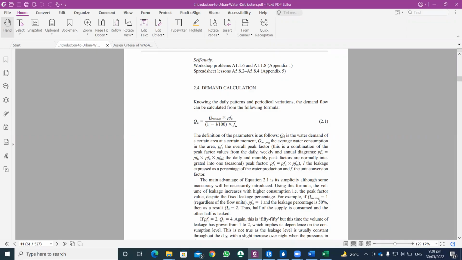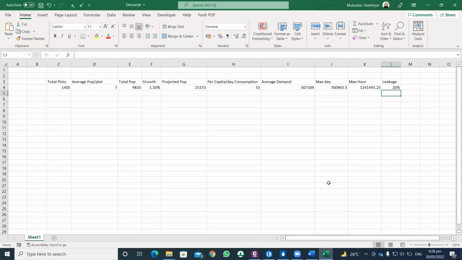FC is the ratio of production divided by demand. In this case, we are assuming that the demand is equal to the production, so FC is taken as 1. So in order to calculate the total demand,